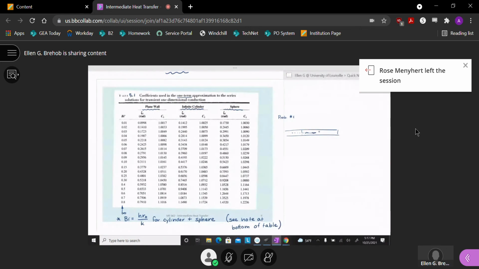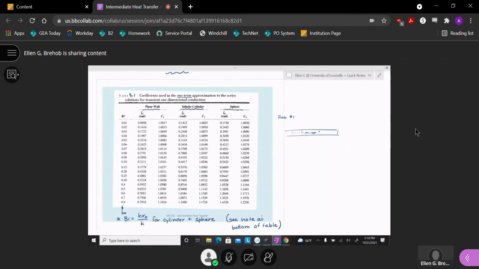Okay, so again, we started with all three. We had advection, convection off of the surface, and one-dimensional conduction down the plus x direction. And then we set up this equation, and we could have done a solution. It's just the one that I picked is pretty practical, and you drop